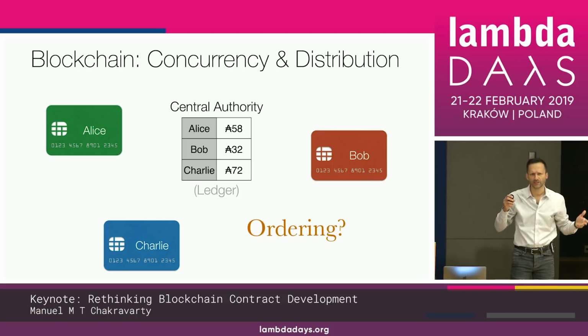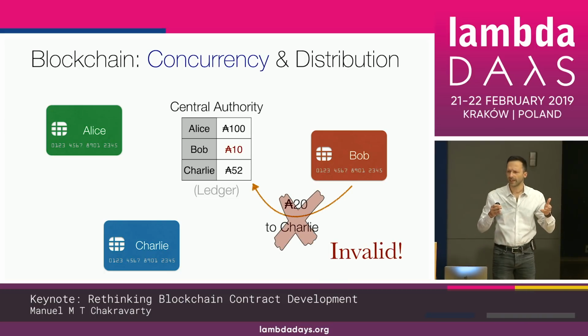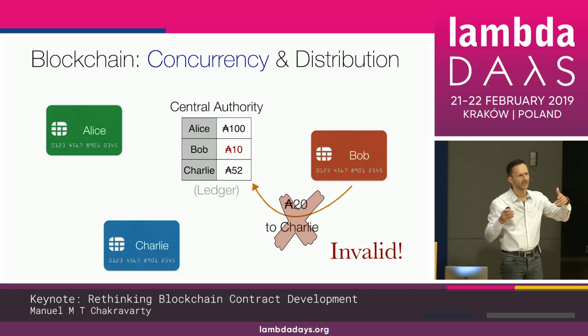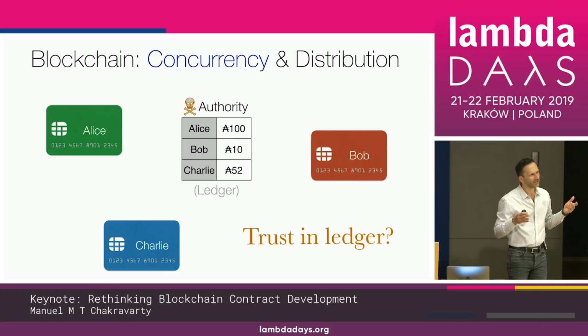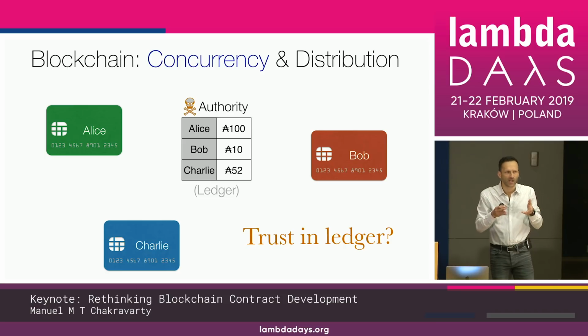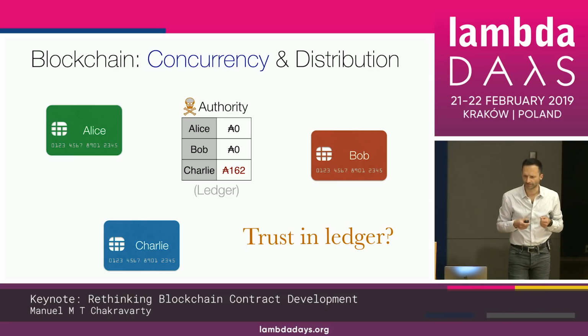So for example, if Bob is a little too fast and he sends his request, then that's too early. The funds from Alice haven't arrived. Now this transaction is invalid. What are we going to do about this? Also, well, distributed computing: if you've ever given a lecture or sat in a lecture on distributed computing, the first thing they tell you is don't put a central server into the system, because it's going to be your bottleneck. So also, how do we know that Charlie isn't going to hack into the thing? And so there are issues to consider here.